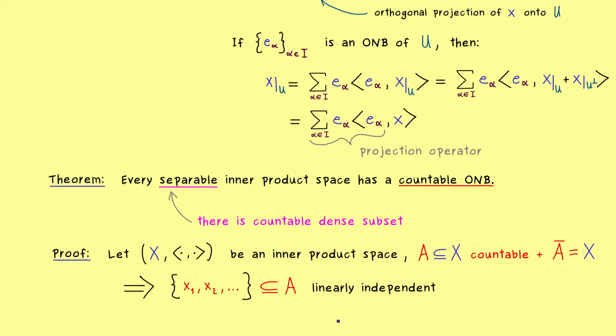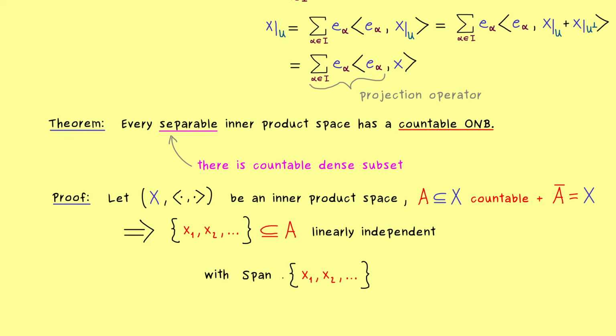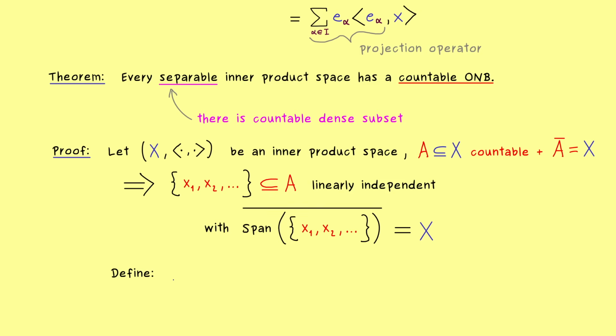And indeed we can choose it maximal, which means we cannot extend it in A and still get a linearly independent set. And if we do that, then it should also be clear that if we form the span of this set and take the closure, we still get the whole space X. And this makes everything much simpler because we just talk about a total set which is countable and linearly independent. And at this point you might already guess that we just have to do a Gram-Schmidt procedure to